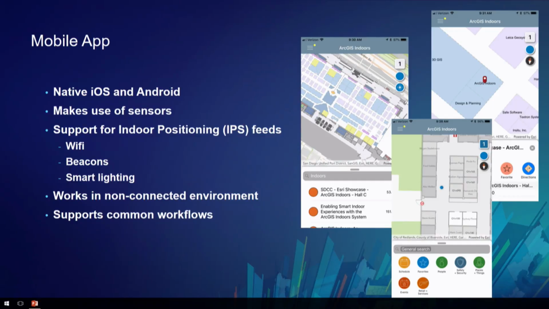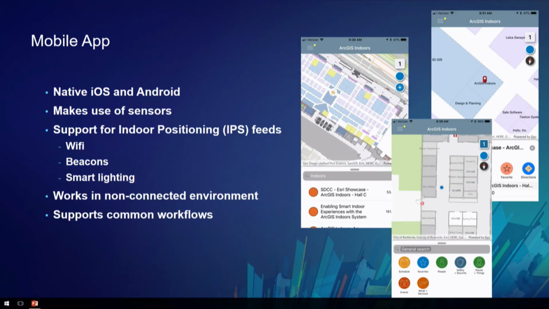So this also uses mobile map packages. All the work that Craig just went through, you have an option. You can publish those as map services. You can publish it as a scene service. You could also create a mobile map package and make that available on a mobile device. What that means is the network and all the data and everything is all wrapped up in a neat little package, and it's right there on the device. It works in a disconnected environment.